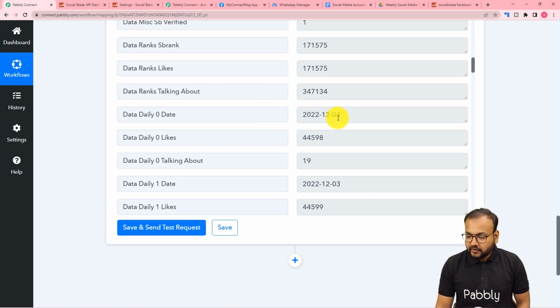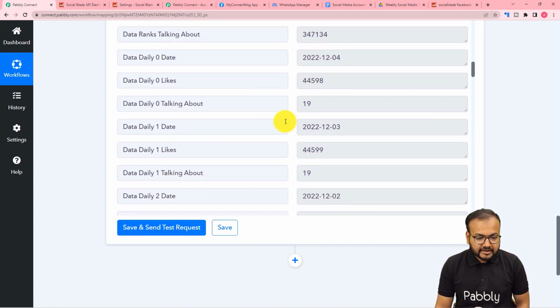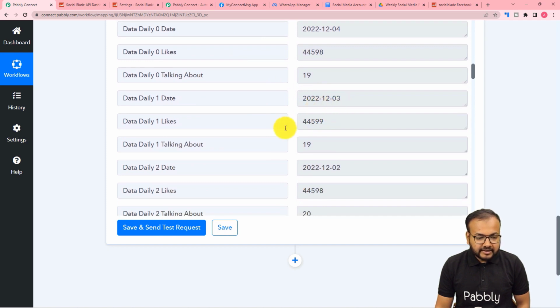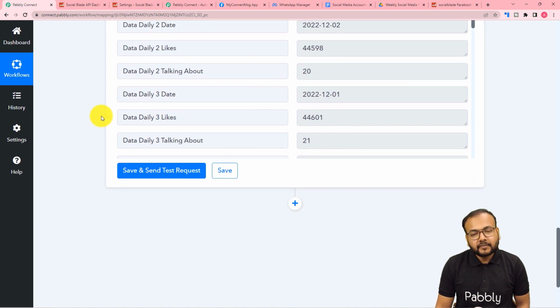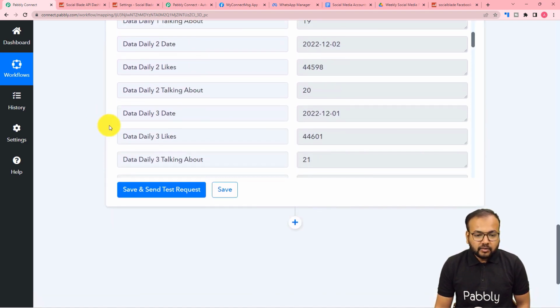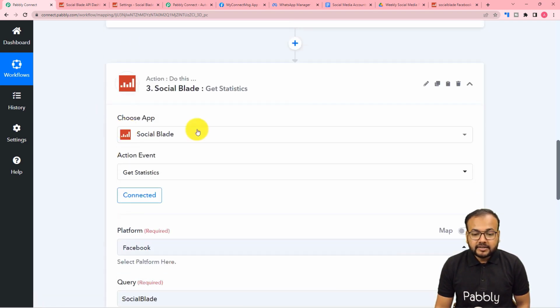and you can see the date wise stats as well. So this is the date of 4/12/2022, and these are the likes, and at this date these are the likes, these are the people talking about on this date. Okay, similarly, now we are going to copy and paste this step again to get the statistics